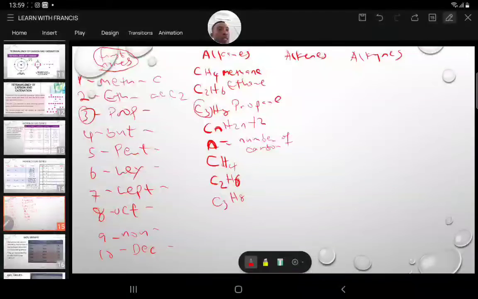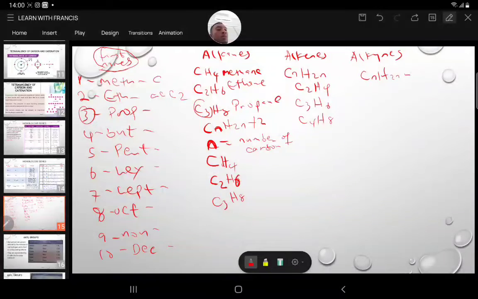And now alkenes, their general molecular formula is CnH2n. Just multiply C by 2 and you're getting it. And that's why for alkene you have the first member, which is ethene, C2H4, C3H6. Just multiply the C by 2, C4H8, and so on. For alkynes you have